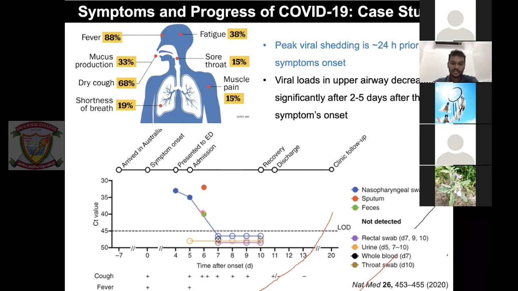Now I'll just tell you a few things. These high loads are seen on the left side. I have a few more notations, and I will tell you what they are, but for now let's just look at the graph. On the 6th day it goes down. By the 7th day you'd almost see nothing.